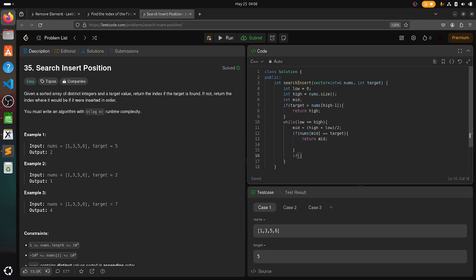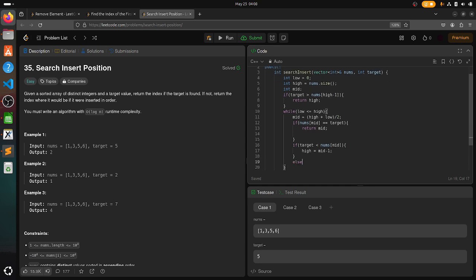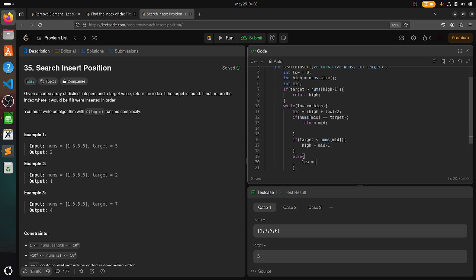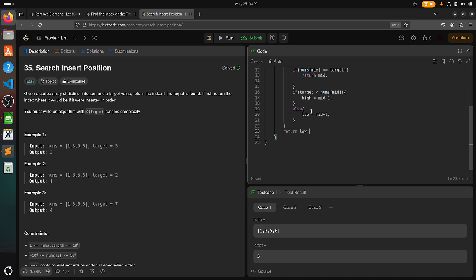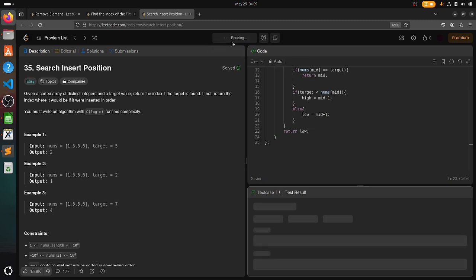And if target is less than nums of mid, do high equals mid minus 1, and else low equals mid plus 1. Return low. It should run. If it should not run,